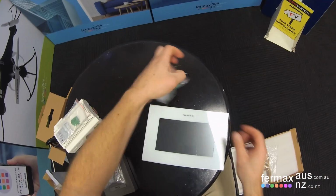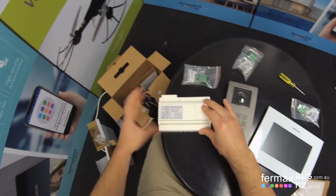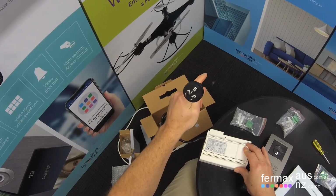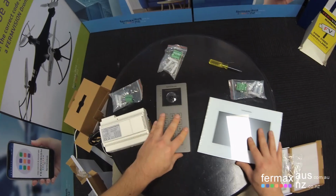So here are the contents of the box. We've got our power supply with our plug directly to be connected into a power point. Green plug there. We've got our door station